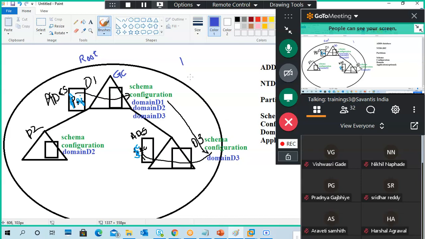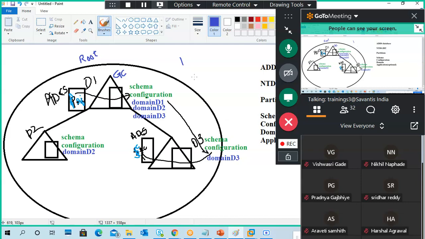Obviously the first domain controller, the root domain controller, is your global catalog server. For the remaining domain controllers, when you are installing additional domains, like ADC, or maybe a completely fresh domain, the global catalog becomes optional.